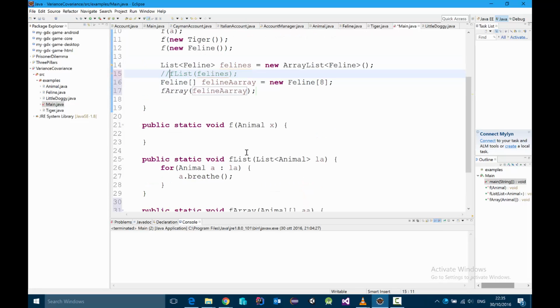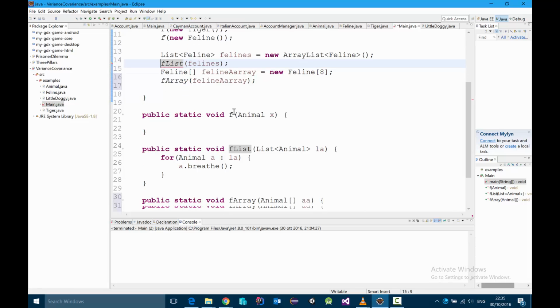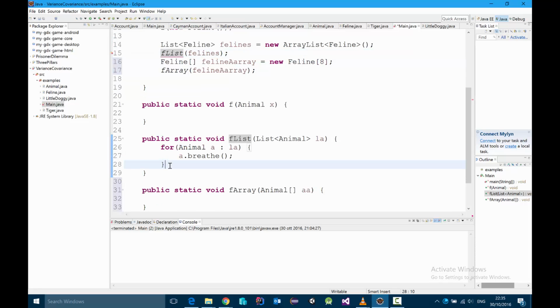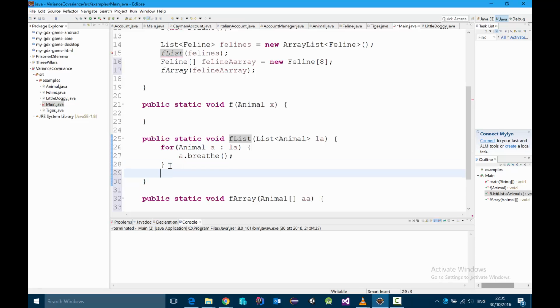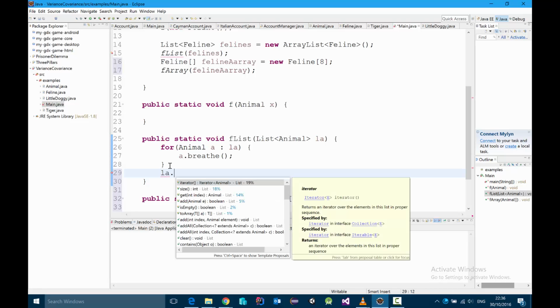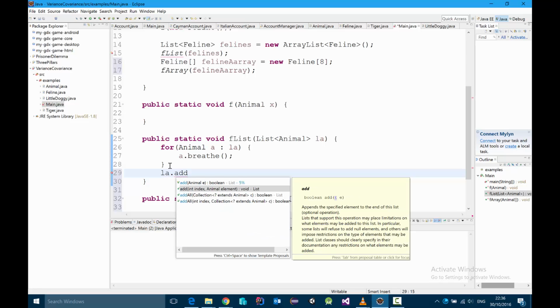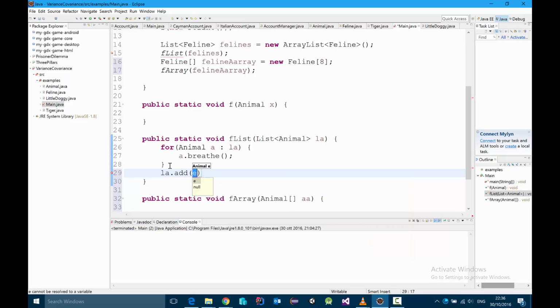So let's see what could go wrong if we were to allow this kind of call and try to do naive covariance on generics. Well, let's see flist. Actually, if I were doing just this, nothing would go wrong. But there's nothing that can stop me, for example, from doing something like this and saying, I also want to add something to my list. So I want to say la.add, and I want to add, yes,